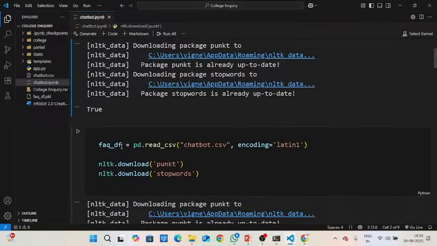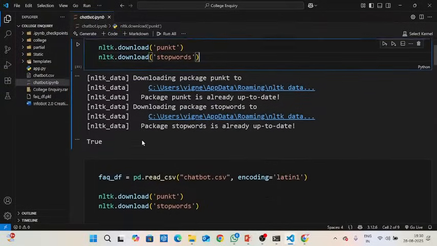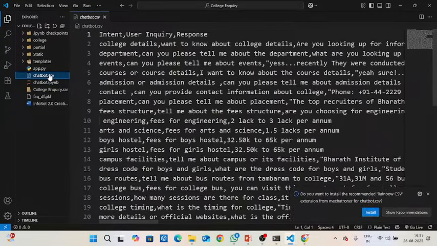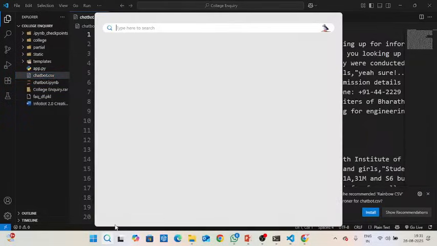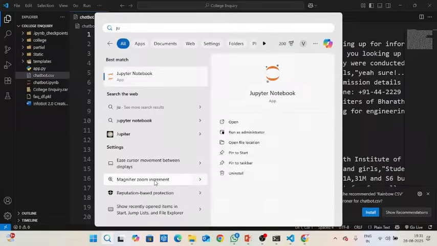After that I create a variable with the name FAQ and I want to load one external dataset. This was my dataset. Before, I said I want to create one FAQ chatbot. I want to use a Jupyter notebook, which is more efficient compared to VS Code. So I am going to use Jupyter notebook,